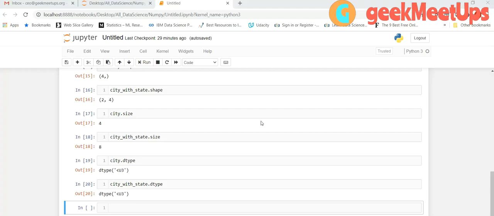So in this lecture we are going to perform some practical operations using NumPy. So where do we start? I am creating two simple arrays, something like cyclist data. Okay, so I am creating two simple arrays, like first